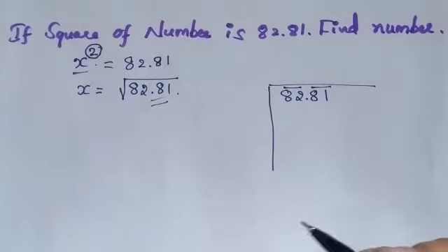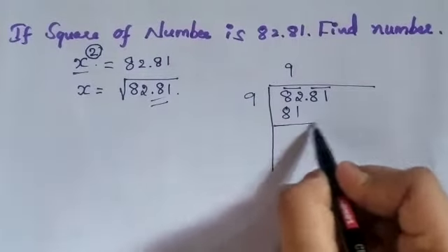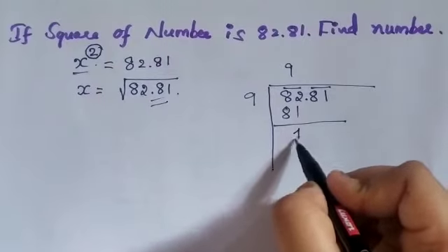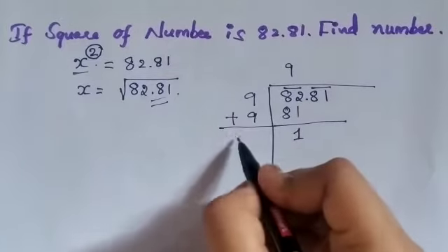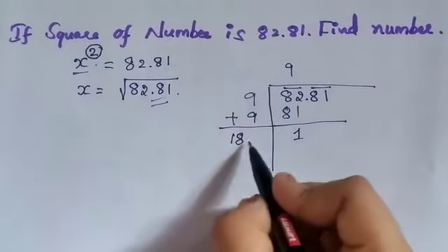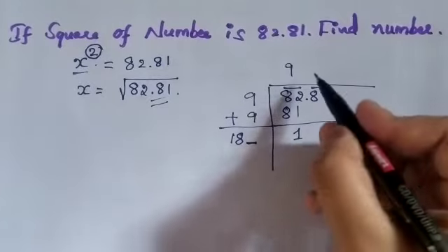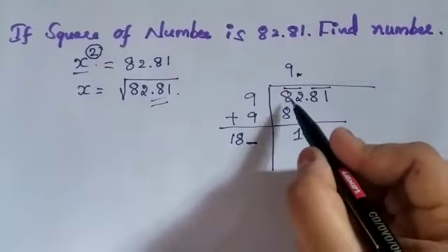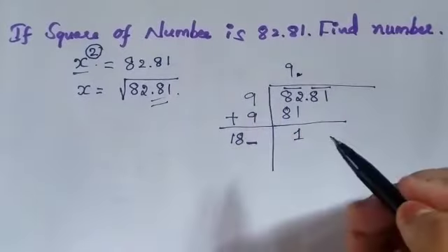Now what number can I multiply? 8 8s are 64, 9 9s are 81. So 9 9s are 81, means 82 minus 81 means 1 here, plus 9 9 I have to add here, 9 plus 9, 18 I am getting. So one number, what number I am going to multiply, the same number you have to add. And one other thing, 81, that is before the decimal point, the number has been finished, so you have to put the point here.